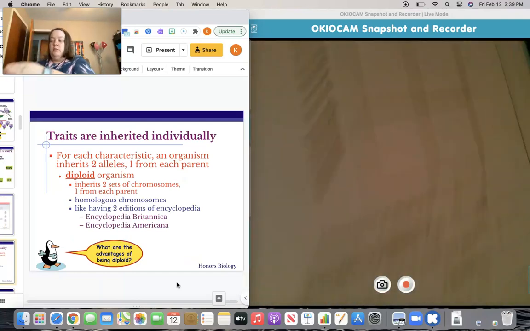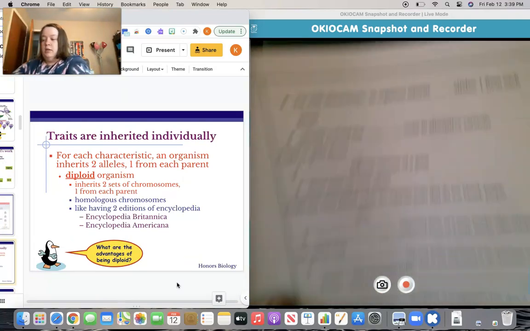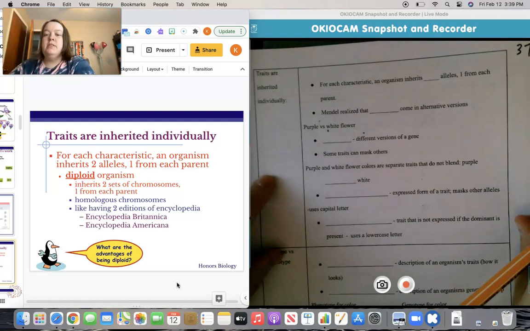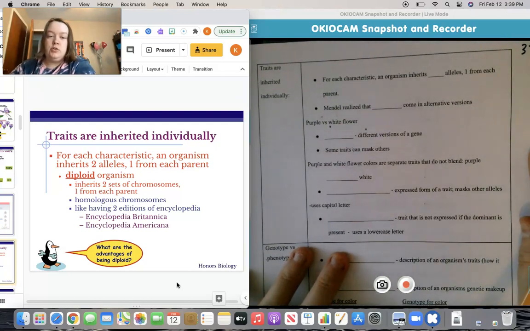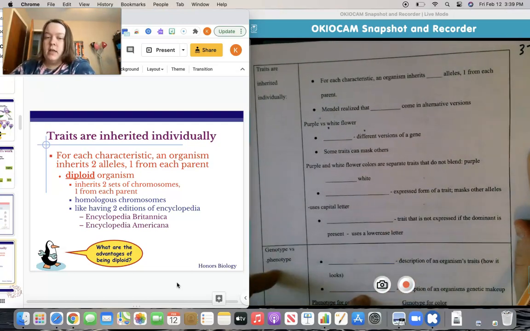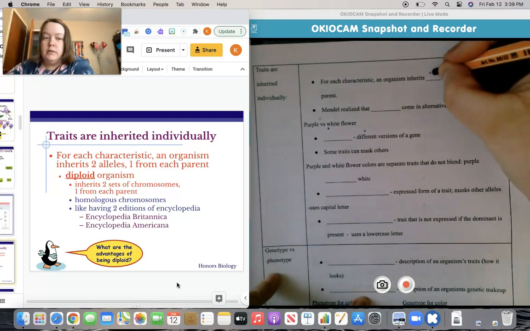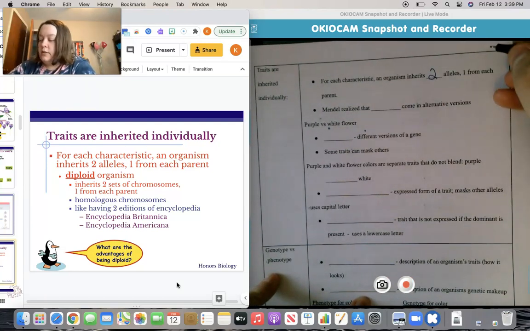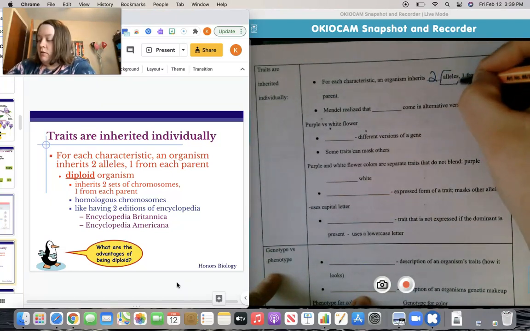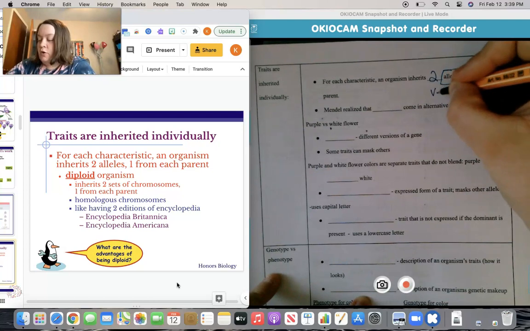So what he found, let me go ahead and switch my page. What he found is that for each characteristic or trait that an organism has, they inherit 2 alleles. One of those alleles comes from mom and one comes from dad. Now, the word allele just means versions